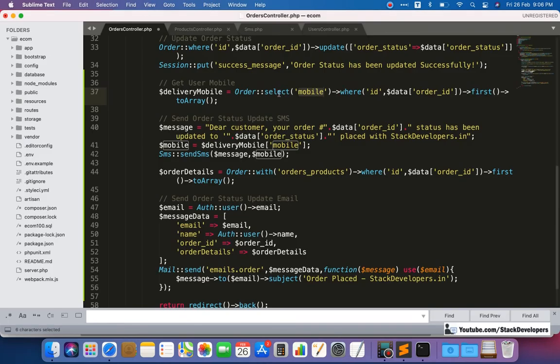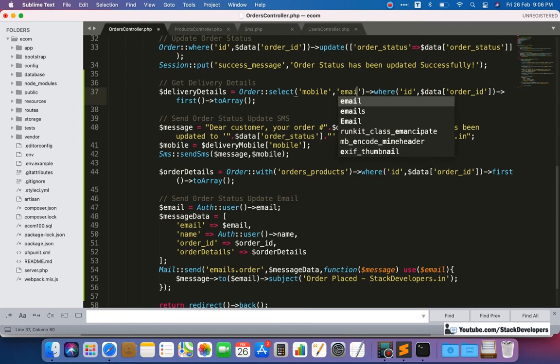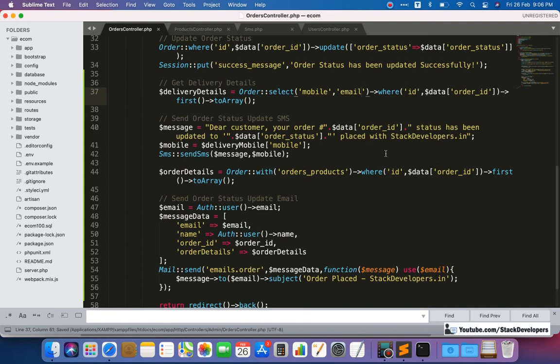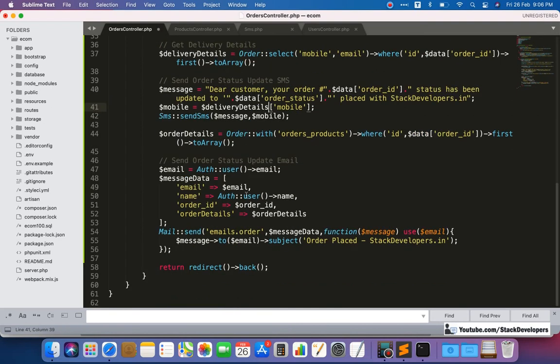So we can do one thing here: not delivery mobile, we can make it delivery details. Okay, instead of mobile we will do it like this, get delivery details. And in details we can get the mobile as well as the email as well. Okay, so email also. Now here we will replace delivery mobile with delivery details, and here also we are going to